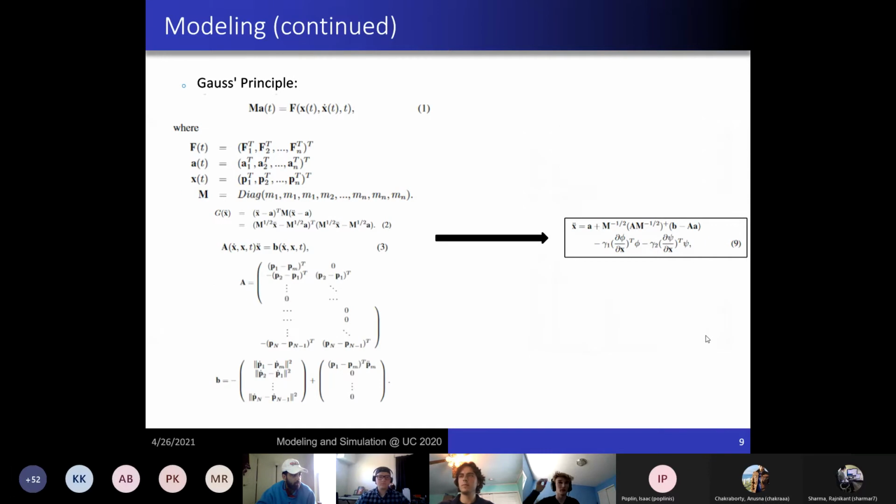I'm gonna brush through these equations real quick. I'll spare you guys some of the mathematical complexities, but essentially we use Gauss's principle, which means we can define the forces, accelerations, and positions and masses for the entire series of point particles. The actual acceleration that is realized is equation 2, where equation 3 and these two matrices are what go in here. And then there's quite a lengthy derivation, but the equation we actually end up solving is equation